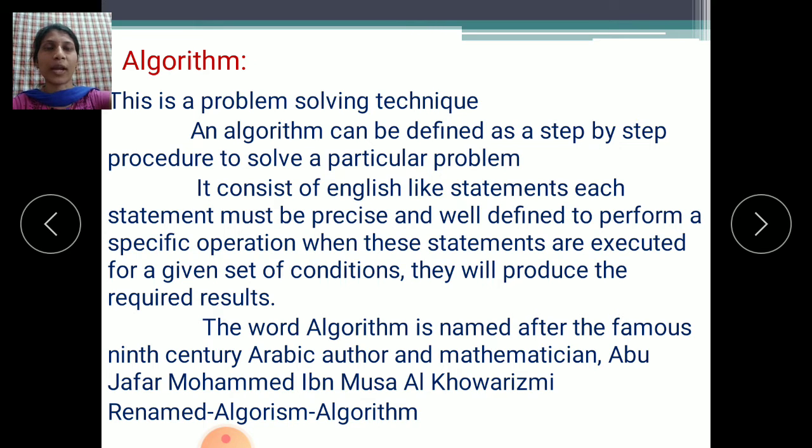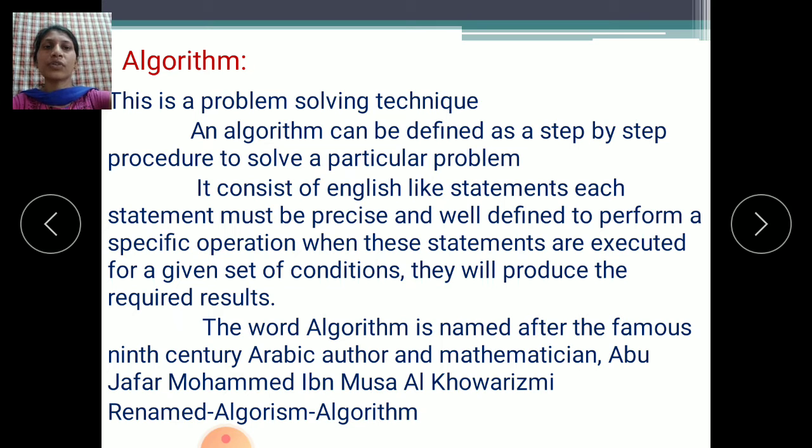If you want to run the code, you should write the program on the computer. If you write English-like statements in the program, there is a compiler in the computer. It will convert those English-like statements into binary format, because the computer only understands the binary language. Whatever English-like statements you have written, it will translate to machine level language, meaning 0s and 1s, which the computer easily understands.